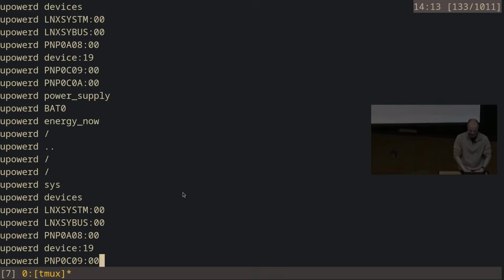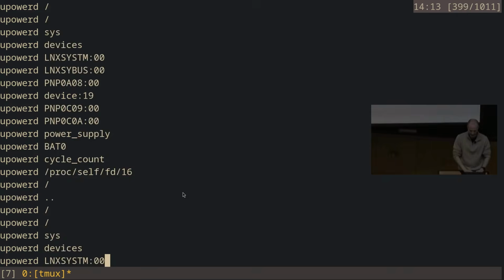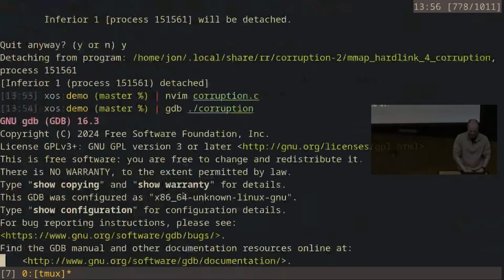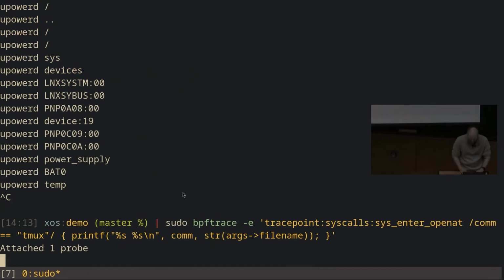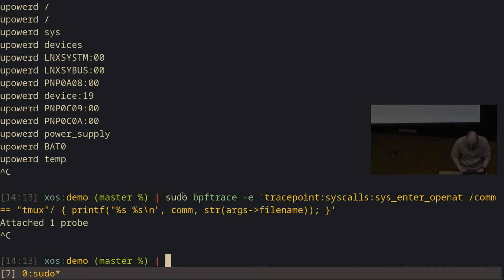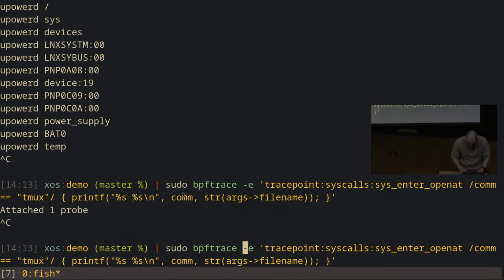Is that because I misspelled tmux? Yeah. I have not misspelled tmux. My computer doesn't like me today, it seems. Okay, then we will instead do,